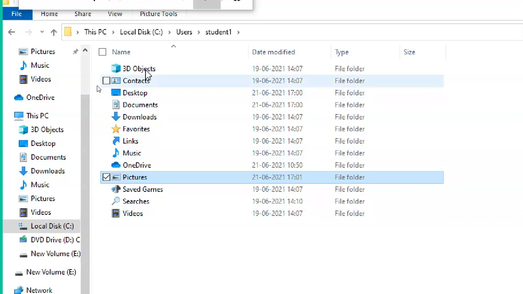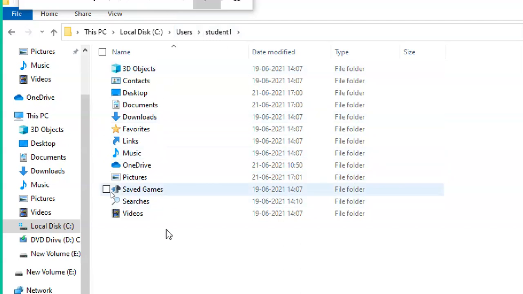So the data you store under user student1 belongs to that particular student only. These are just subparts: Links, Favorites, Contacts, 3D Objects, Saved Games, Videos, Pictures, OneDrive, Music, Downloads, Documents, and Desktop.